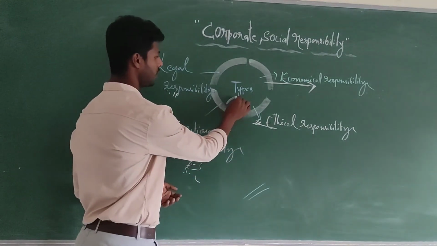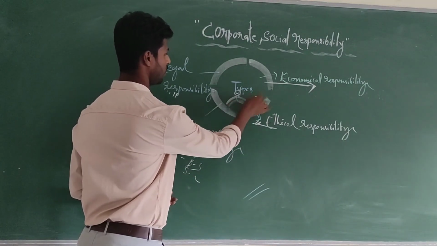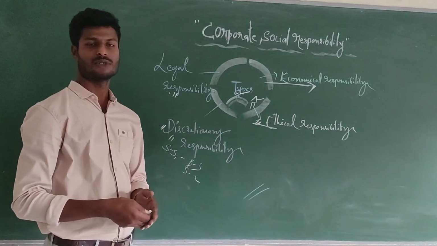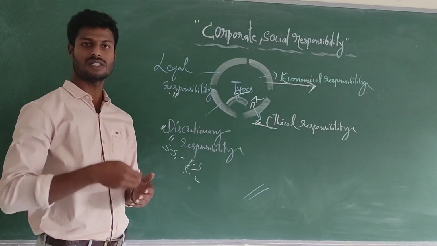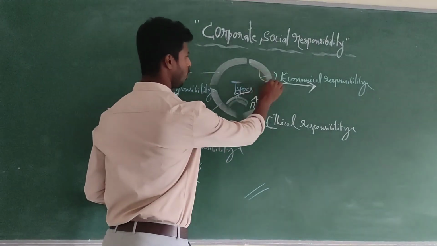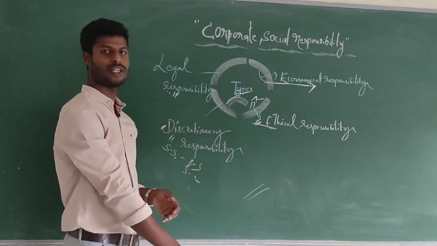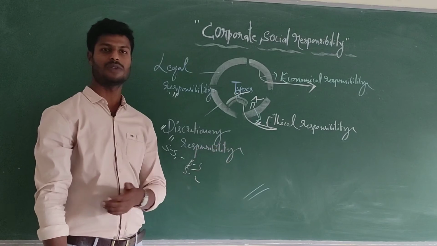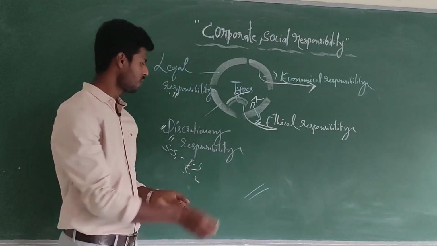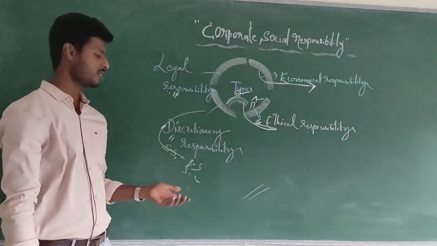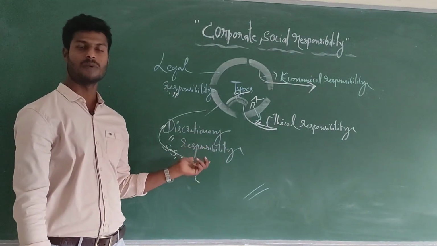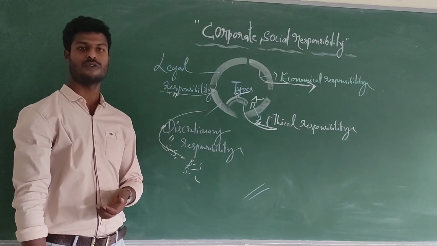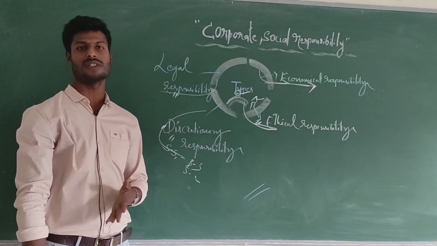So various types of corporate social responsibilities are nothing but the responsibilities of the business or of the owner towards society or various stakeholders or various interest groups. First one is economic responsibility with respect to production and distribution of products for reasonable prices. Ethical responsibility is with respect to day-to-day activities and functions. Discretionary responsibility is providing certain required services to the society, I mean providing benefits to the society. Legal responsibility is with respect to obeying and implementing the Companies Acts and government rules and regulations